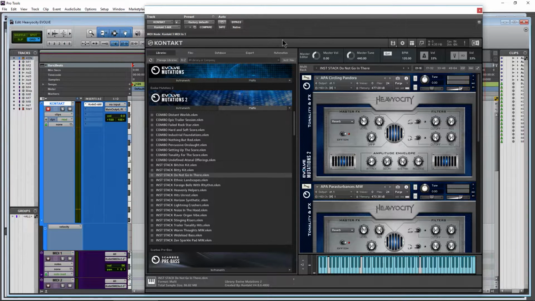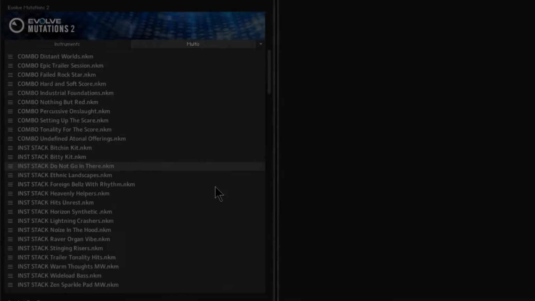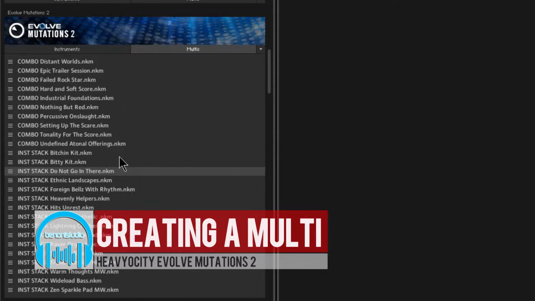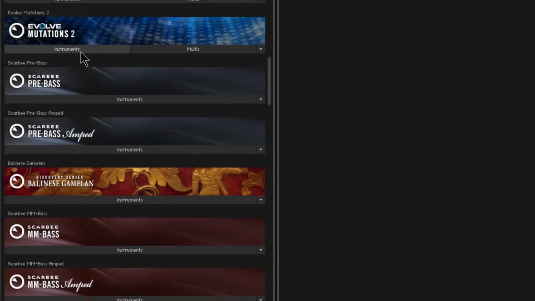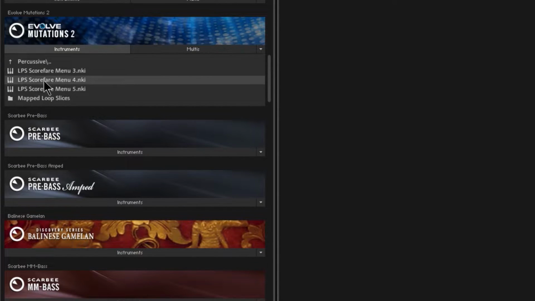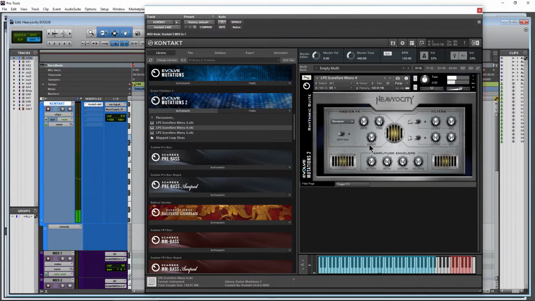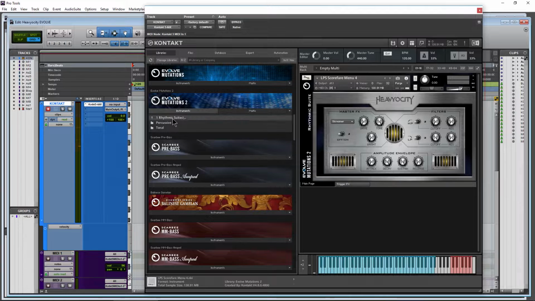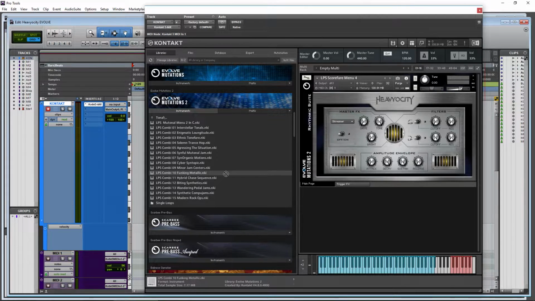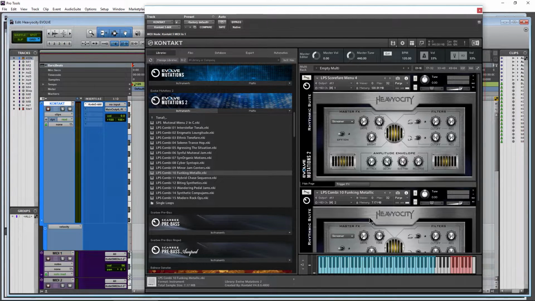All right, so that is a quick look at the multis, the combo, and the instrument stack. So of course, Evolve 2 contains several different multis for us to use right out of the box, but we can of course create our own multis just by finding something. Let's just start somewhere. Say we like that. Then we can build this up with some, actually let me come in here and go to tonal. I'll just grab something here, sort of at random, and